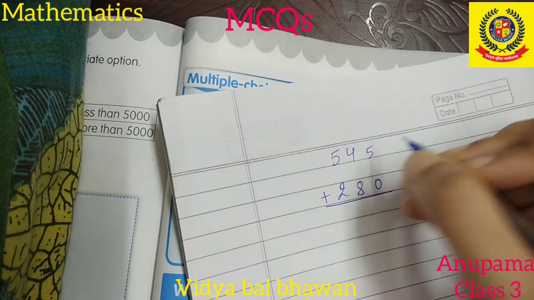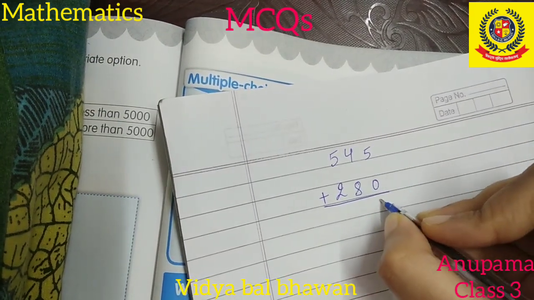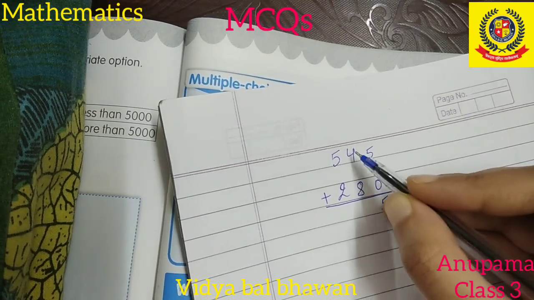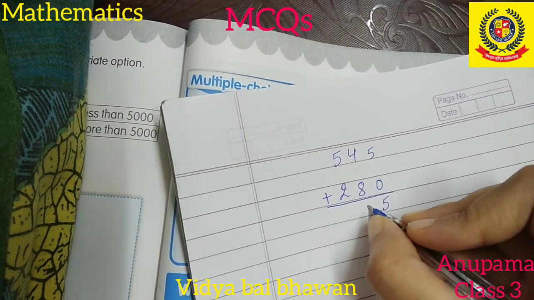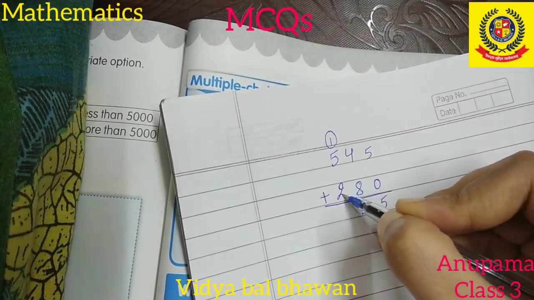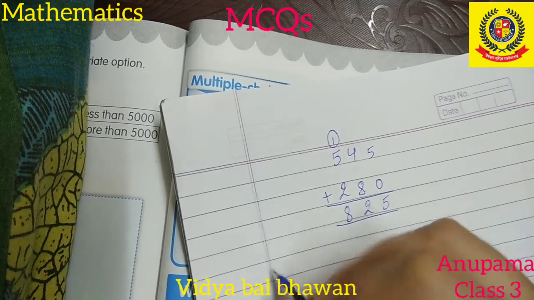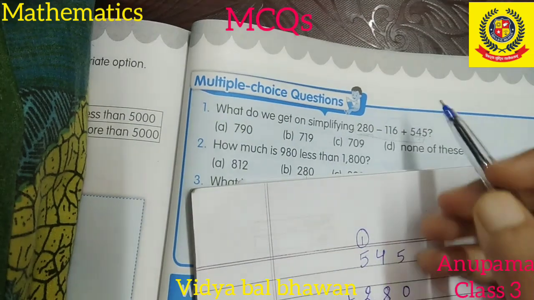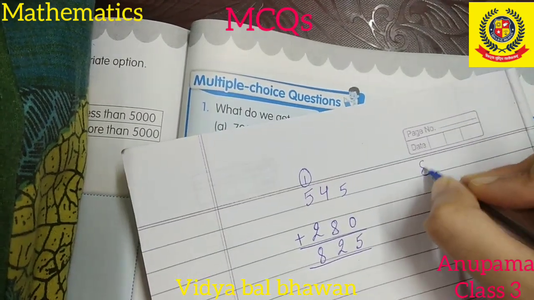280. Okay. Then 5 plus 0, we all know that 5 plus 0 is 5. 4 and 8, 8, 9, 10, 11, 12. So write 2 here, 1 carry over. 5 and 2, 7, 7 and 1, 8. So 825. Okay. 825. Now we have to subtract 116. So 825